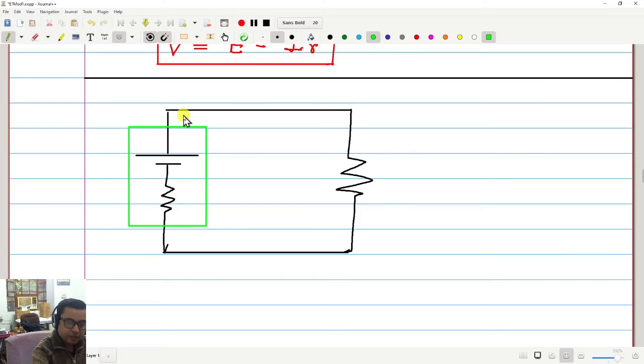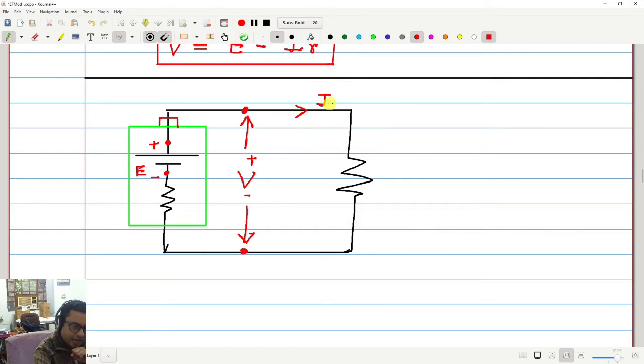So this is one terminal of my battery, this is another terminal of my battery, and this is the connecting copper wire, and from here to here I am measuring the voltage drop V, with this side plus, this side minus. This voltage is V, which is measurable from outside the battery. And from here to here, that EMF, which you can never measure, which you can never see, I am calling E.